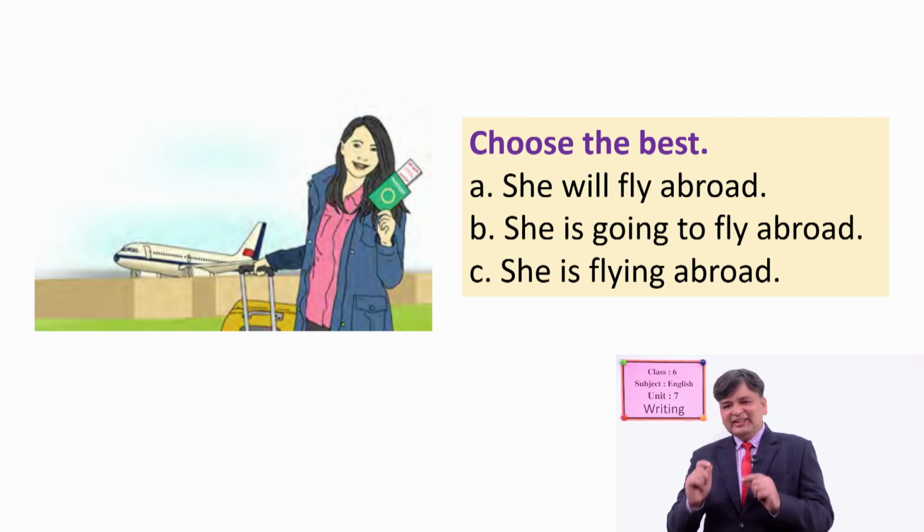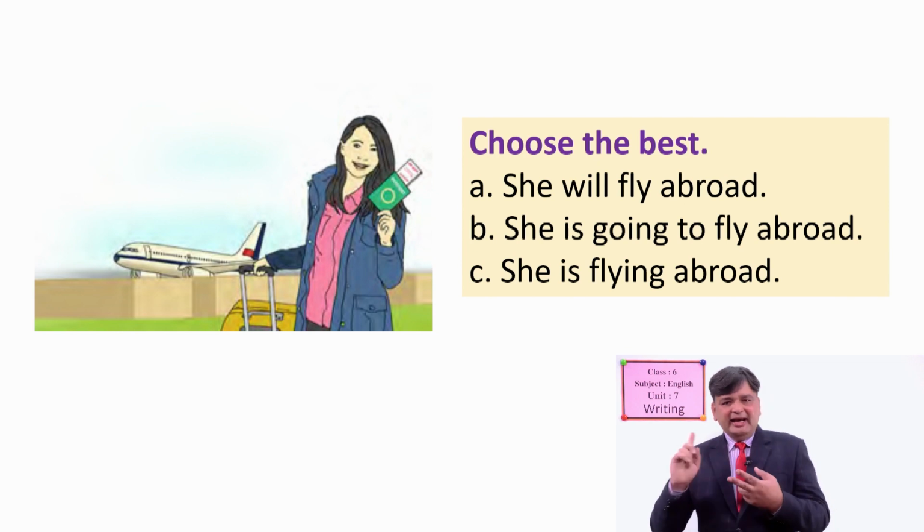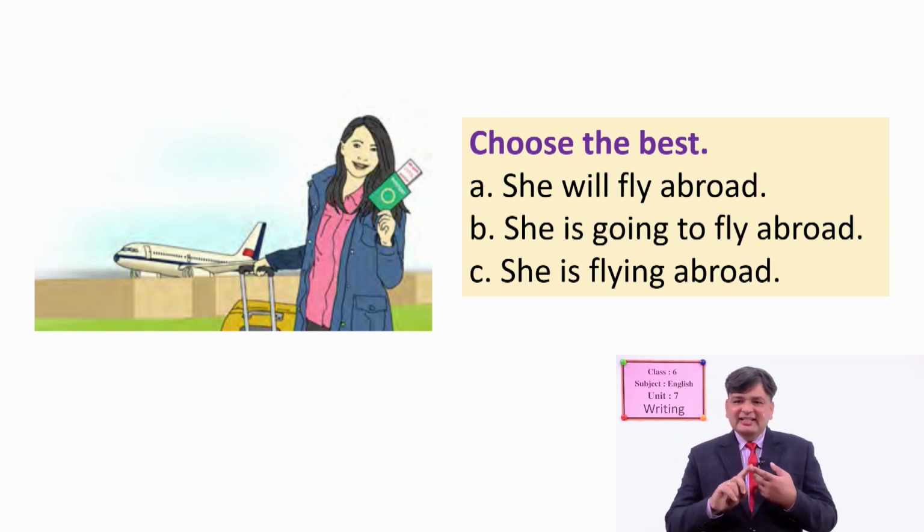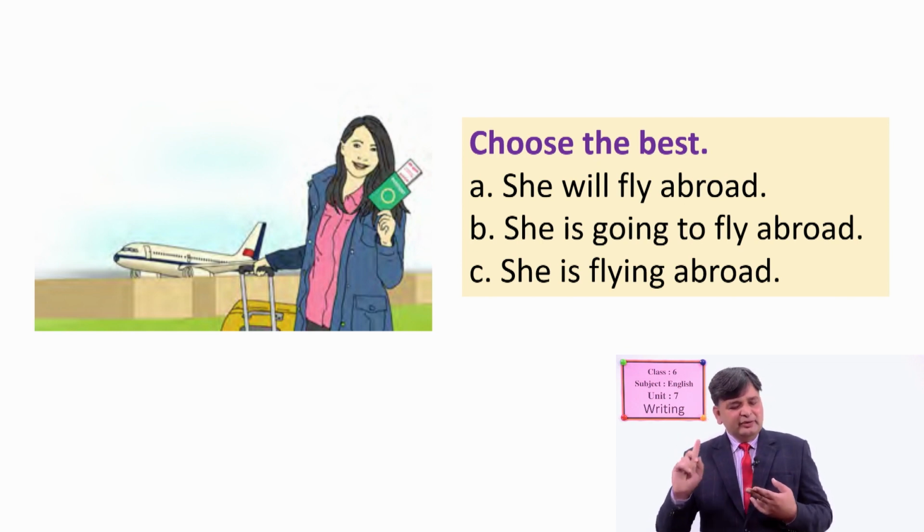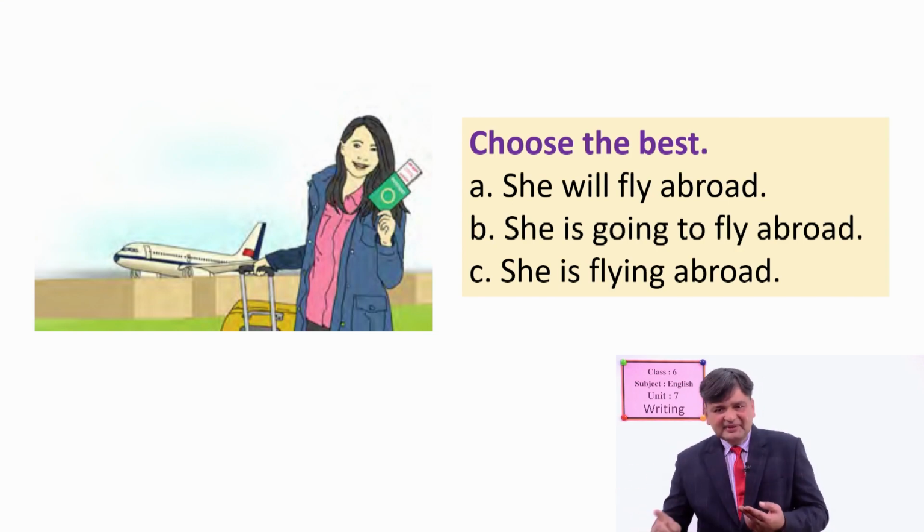So after you do some practice about in which condition you use will and verb, and then is, am, are with going to and verb, and is, am, are with verb with ing. Okay, so we have got 3 different conditions. We will discuss them and we will try some writing related to these sentences. Are you ready to do that? Okay, so here we go.